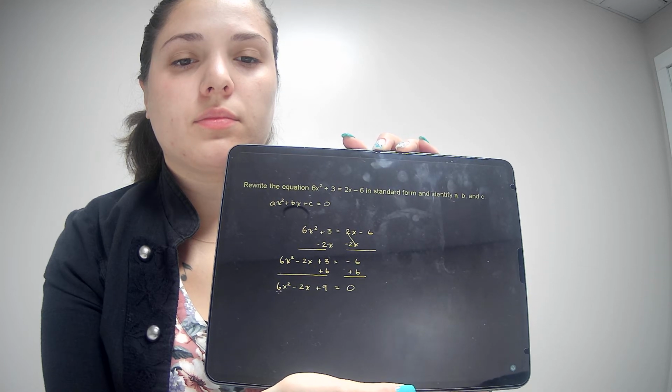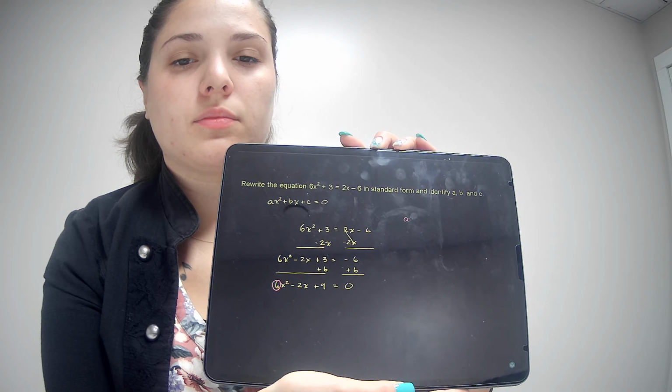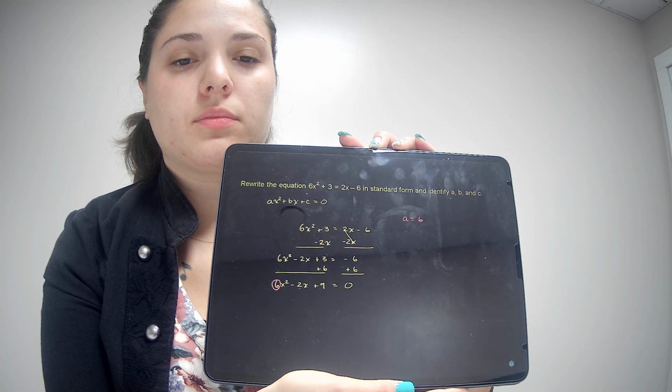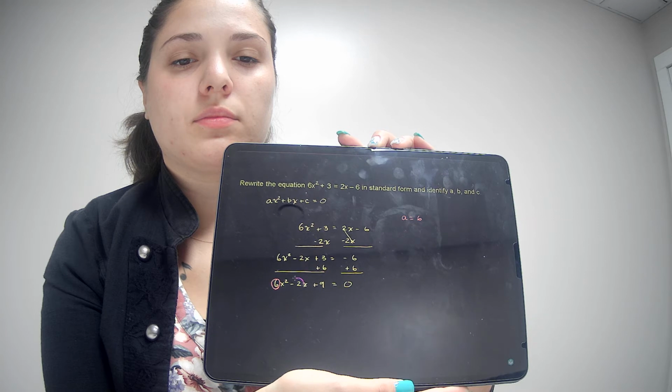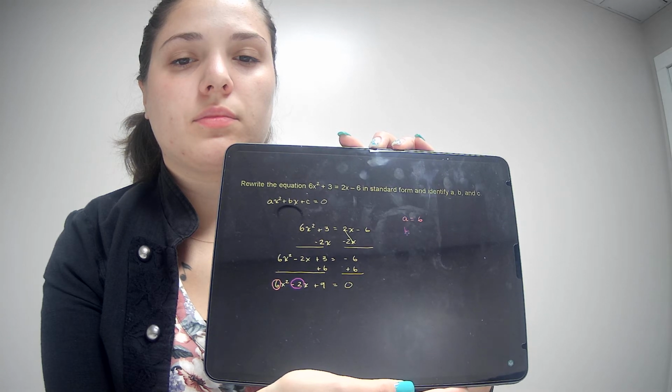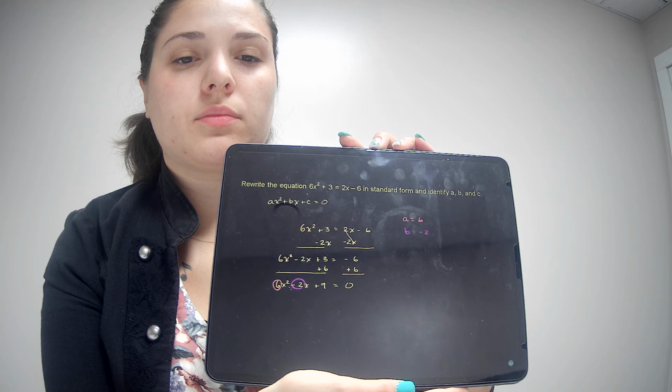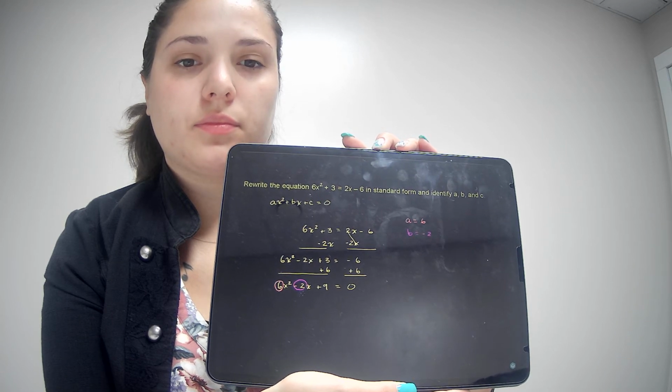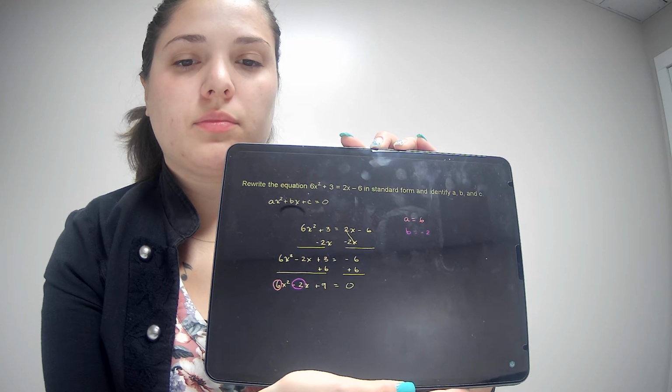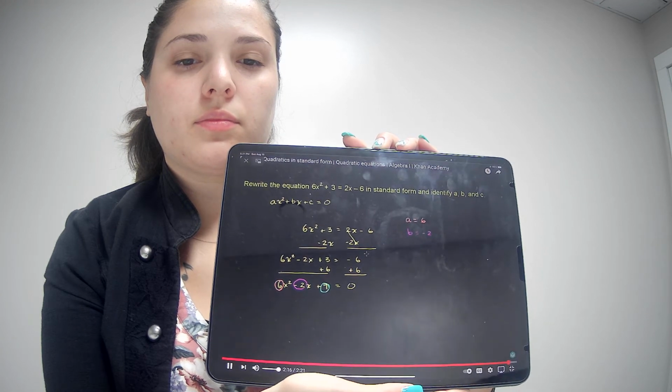And so we can say that a is equal to 6. We could say that b is equal to, and this is key, it's not just the 2, it's the negative 2. B is equal to negative 2, because notice it says plus bx, but over here we have minus 2x. So the b is a negative 2 here. And then c is going to be